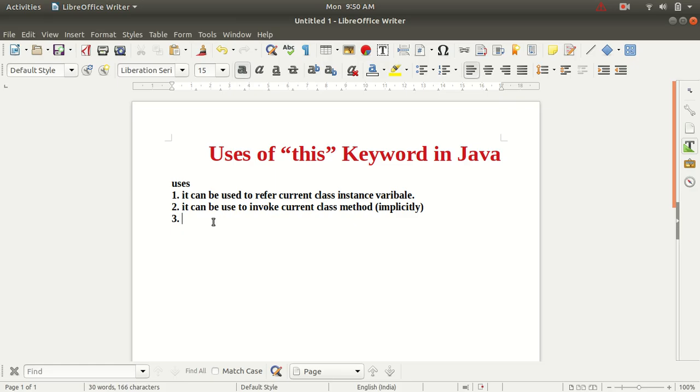The third use of the this keyword is that it can be used to invoke or call a current class constructor. With the help of the this keyword we can call or invoke the current class constructor also.